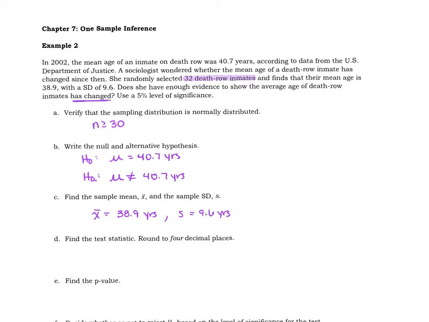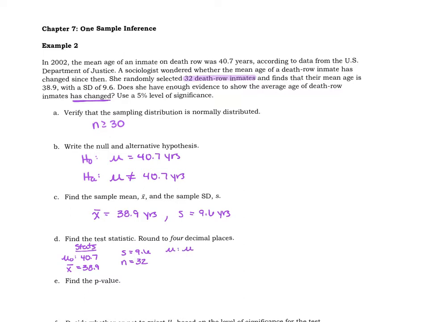So starting with stat tests and your t-test, now we're putting in stats, remember. So once you highlight stats, go ahead and hit enter, and then it'll give you the option to enter your null hypothesis of 40.7, our mean of 38.9, the standard deviation of 9.6, our n of 32,